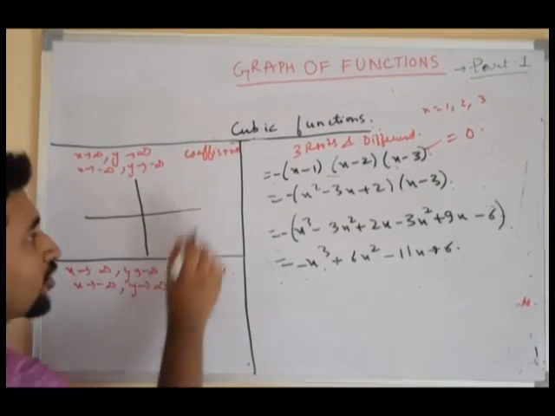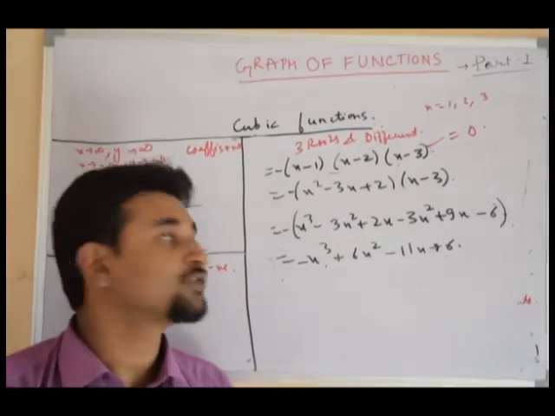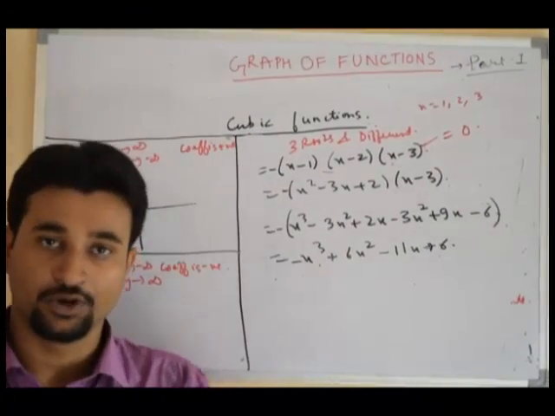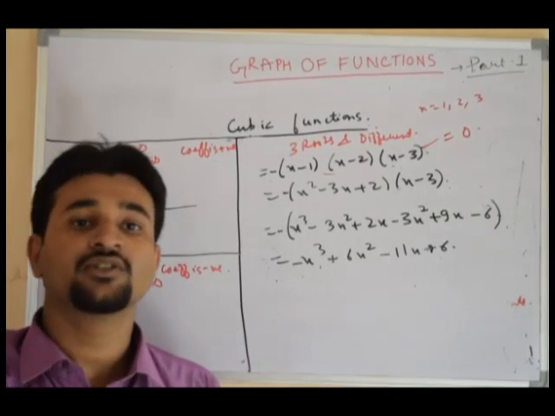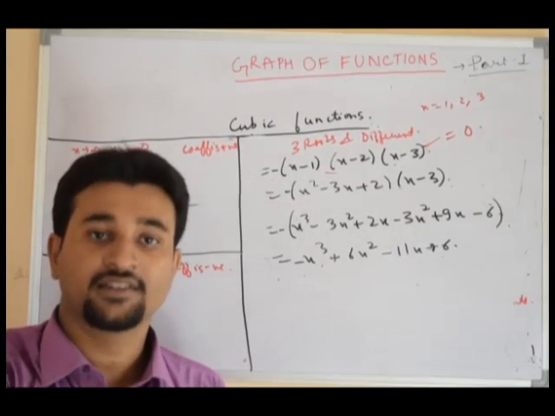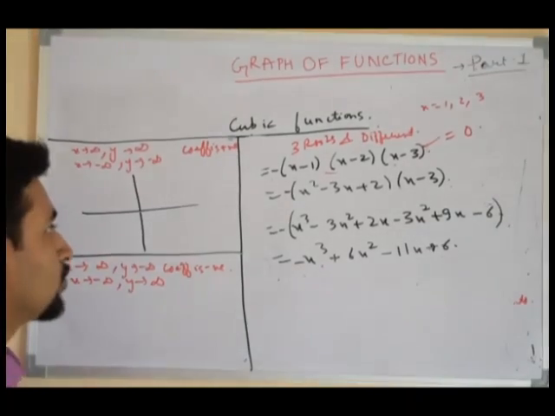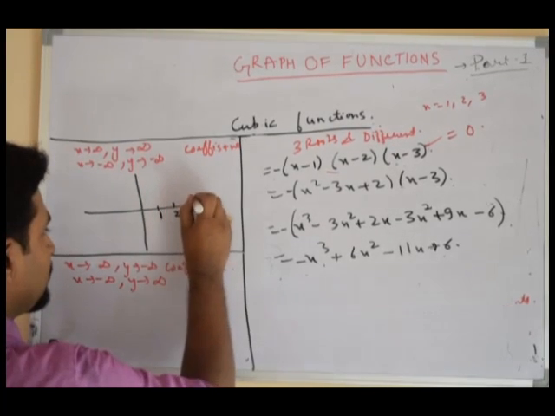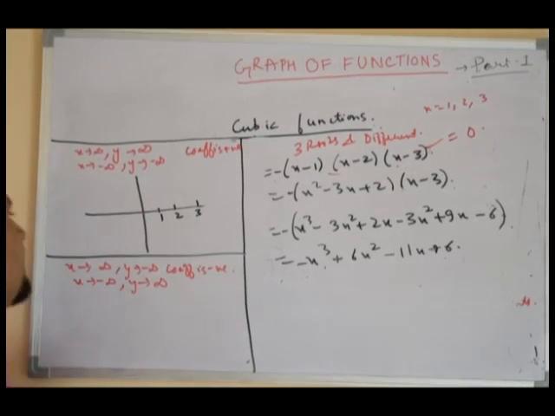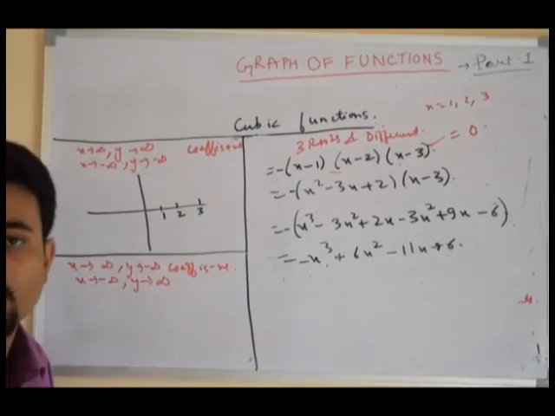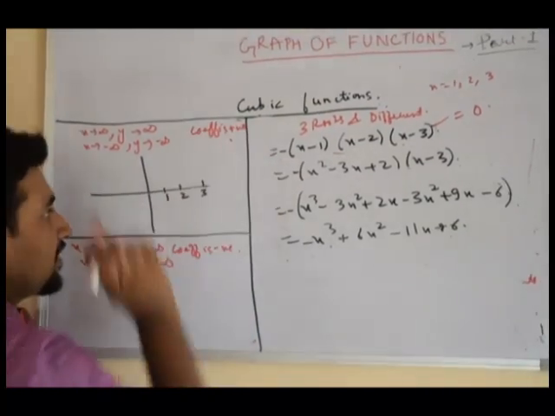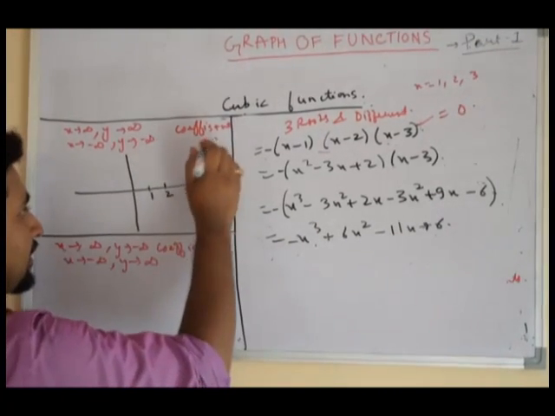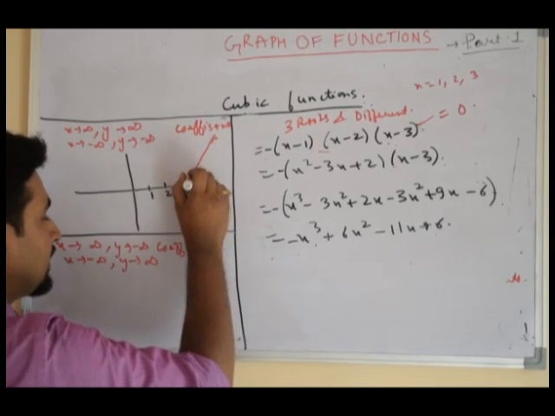So what are roots? How do you get roots? You get roots simply by putting the whole function equal to 0, and the values of x there are called roots. Any root, as I have told you earlier also, lies on the x axis only, because on the x axis the y coordinate is 0. So the roots will be 1, 2 and 3. At a very large number, x equal to infinity, what is the value of y? Y is infinity. So the graph will start from here and join like this.